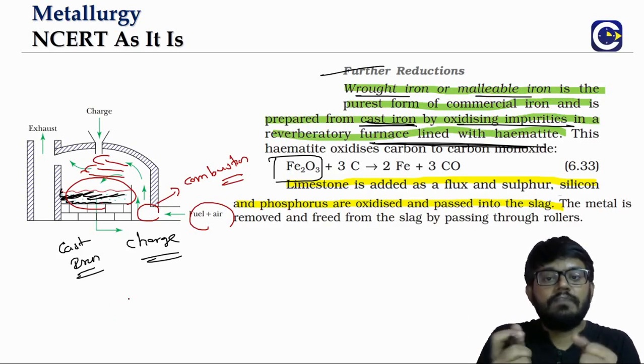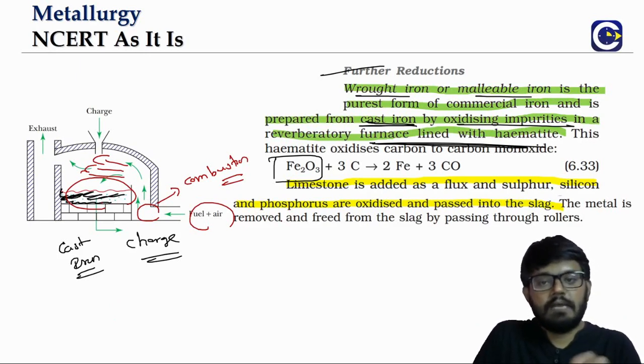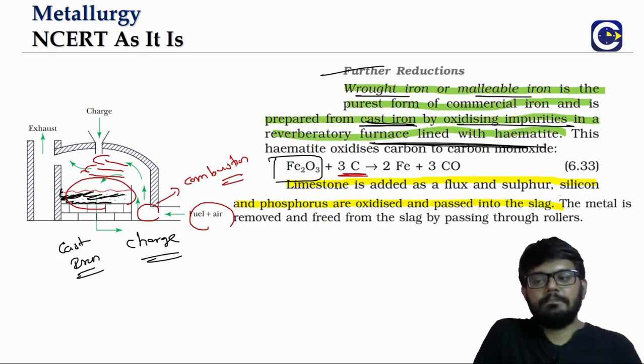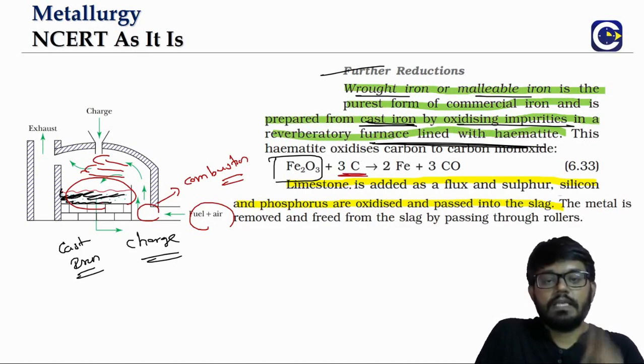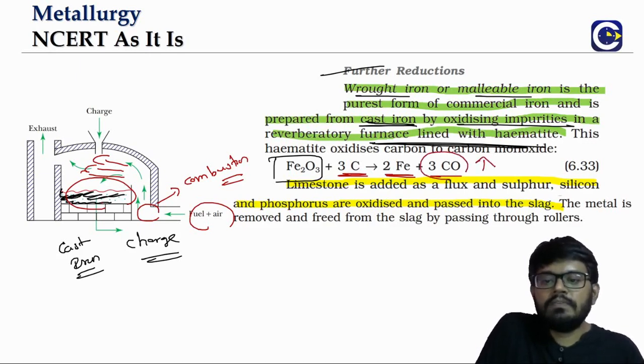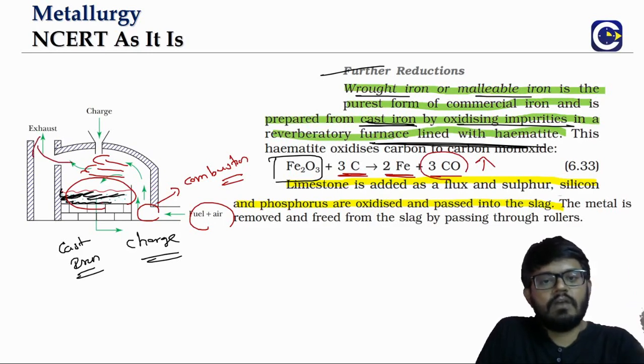And because of the heat from that hot air, we will see that inside the chamber we will have reactions happening. So what happens inside? The impurities will react with the hematite, because there are two things that will happen here. One, if the carbon impurity is reacting with hematite, what happens? It will form iron that will be mixing with the metal that is already there, and we will get carbon monoxide, which will escape as a gas. So it will be carried along with the exhaust gases.